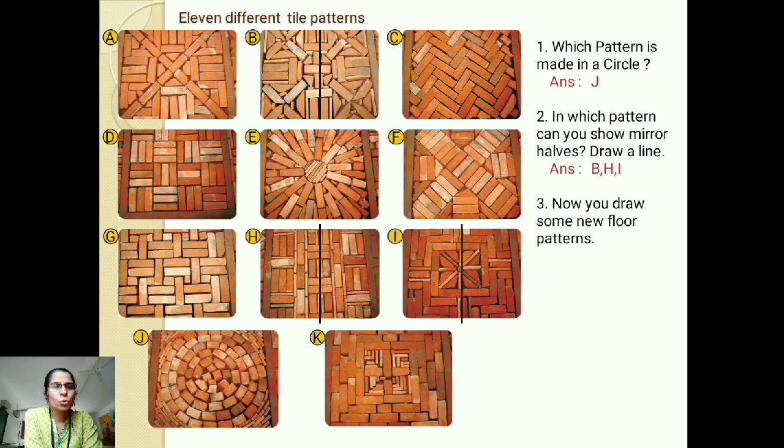You can also try some alphabets at your home first in the beginning, and then you can try out different patterns. You have also seen certain rangolis. We can see such patterns in the rangoli patterns also, which are exactly the mirror half of it. Okay, so you can also draw some new floor patterns and try it. You can try once with simple shapes which we have seen, like octagon shapes, if the bricks are kept in octagon shapes. And also you can try some patterns with mirror halves, like the ones shown here.